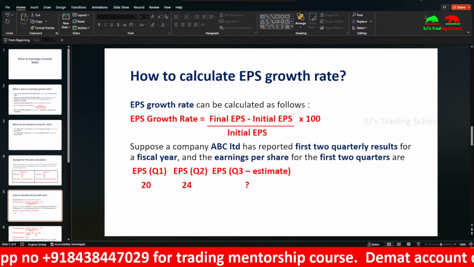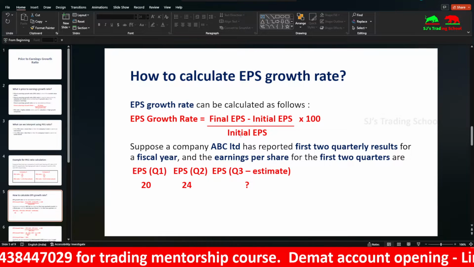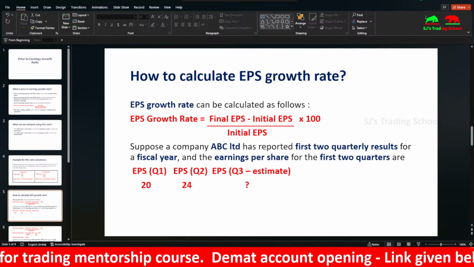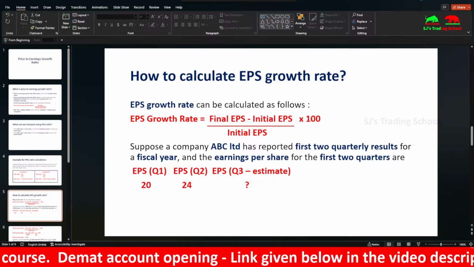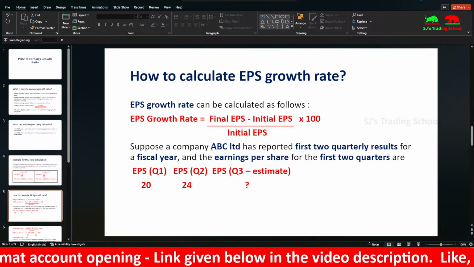But still many can learn this formula. So you can see that EPS growth rate is final EPS minus initial EPS by initial EPS into 100. This is just a normal mathematics formula. You can see, suppose a company